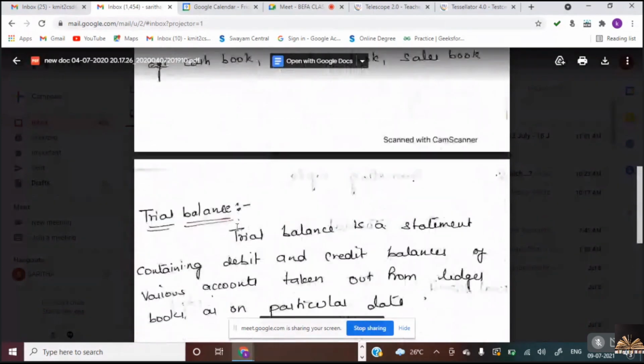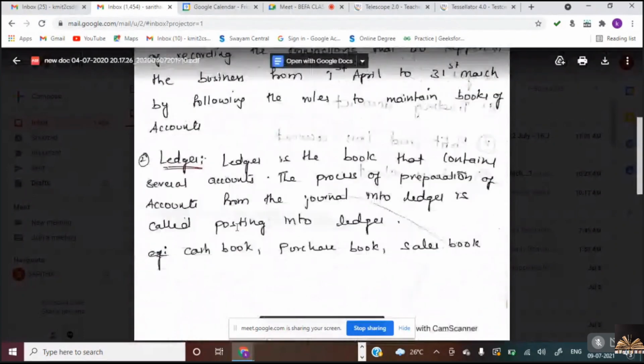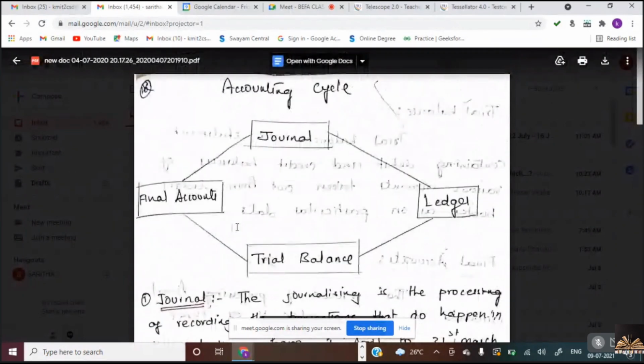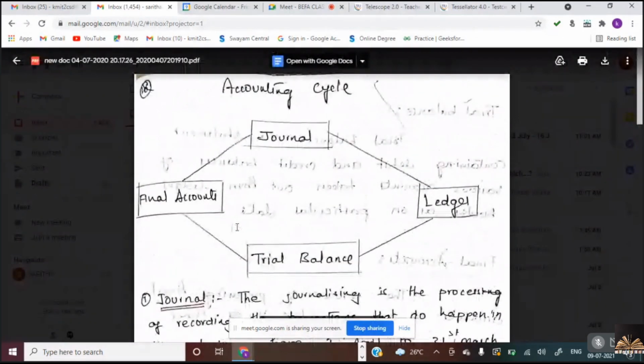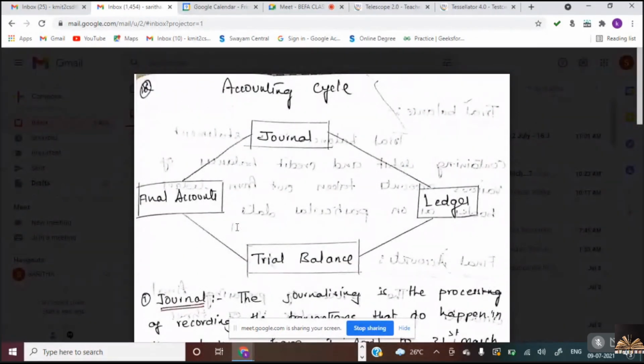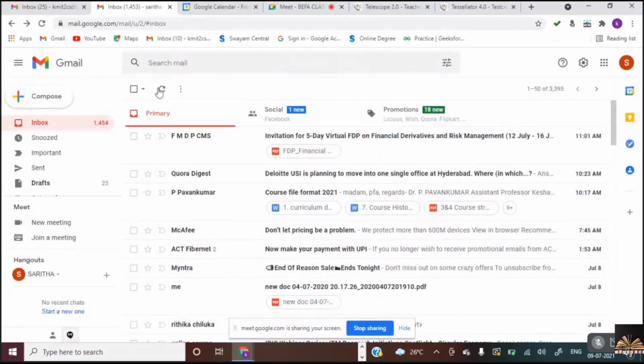Is that clear? As of now, you got just a brief idea. What do you mean by final accounts, isn't it? Did you get a back sketch of what accounting and the accounting cycle mean? All of you? Yeah. Shall we start with the theory? The first expected question, accounting principles. The first is, write down, accounting principles.